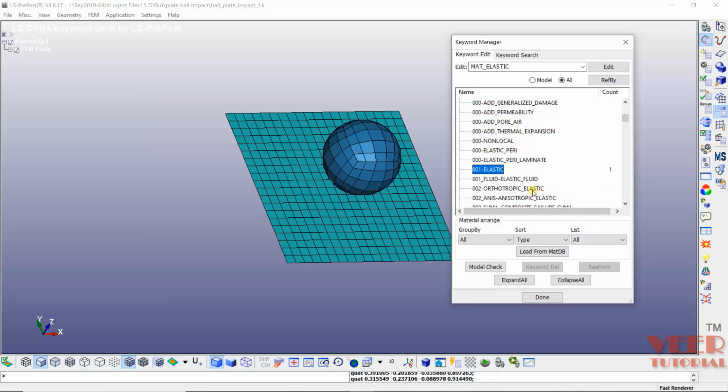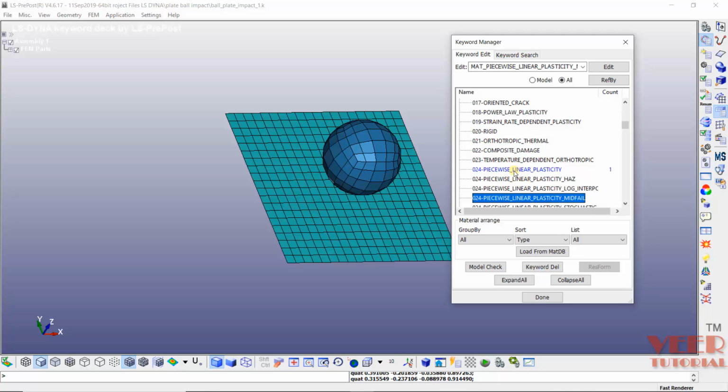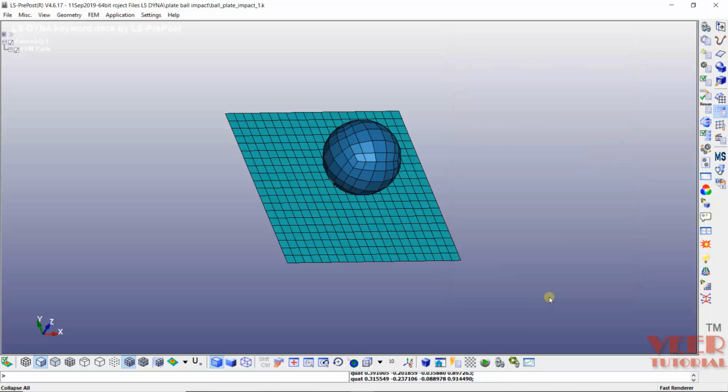When any of the properties is defined here, it is going to highlight in this blue color. You can also see here, at the 24 number, it is going to show the blue color. Now click on done. If you want to find out more about all these material properties, what you can do is go to